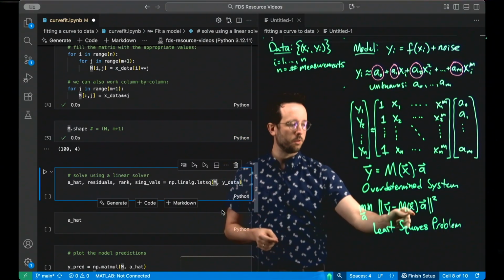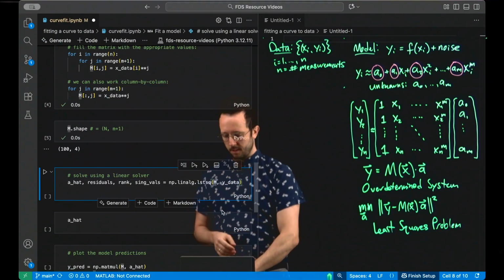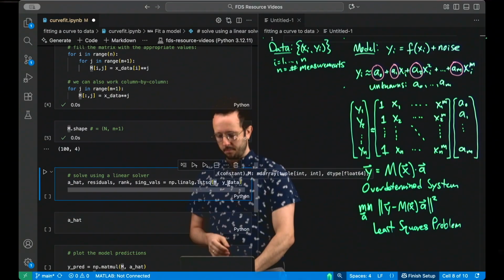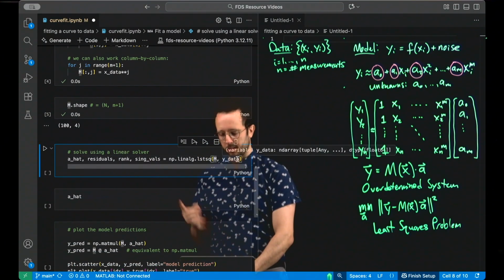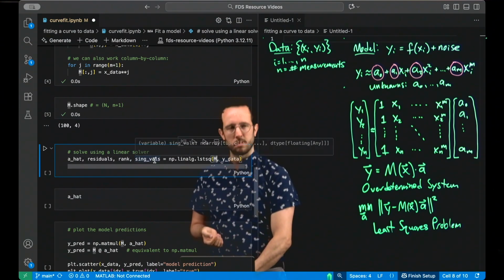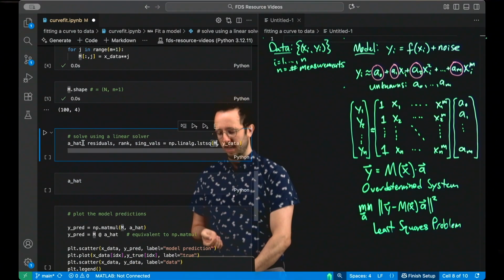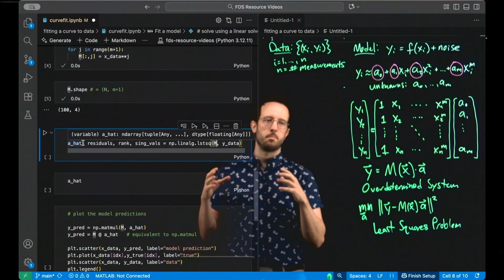So these are your known quantities, and you're trying to find the unknown A. So we give it our matrix M and our data vector Y, and it gives out 4 objects. So this is the solution, A hat, hat meaning the best fit value.